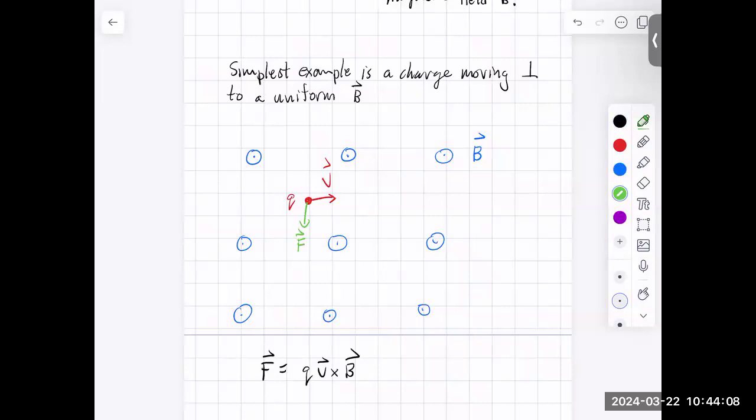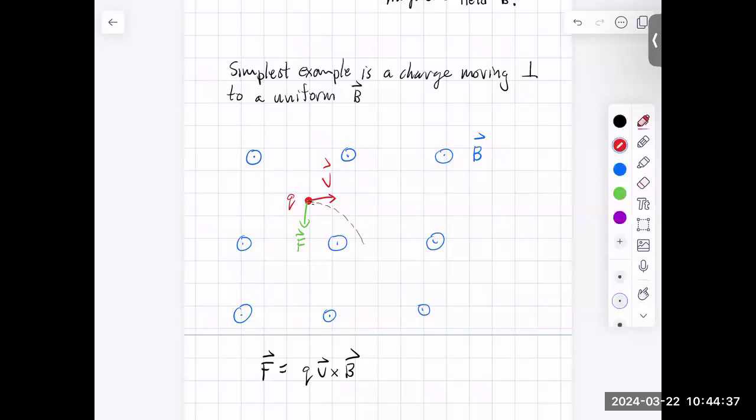Okay, so if the force is downwards, then there must be an acceleration downwards, and this thing is going to follow some kind of path that is maybe something like this, right? It's always moving a bit to the right, but it's moving more and more down. And so eventually we get to a point over here where maybe now, here,